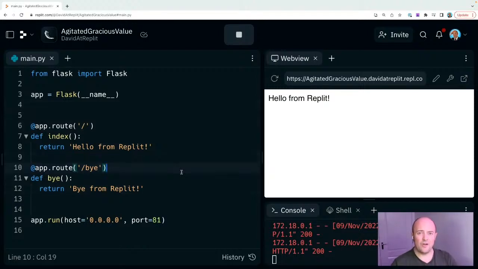One of the nice things, though, about building things with Flask is that things like Replit DB now become multiplayer in a bit more of a useful context. The way Replit DB works, of course, is you get a separate database per REPL. So if you fork it, it's a different database.